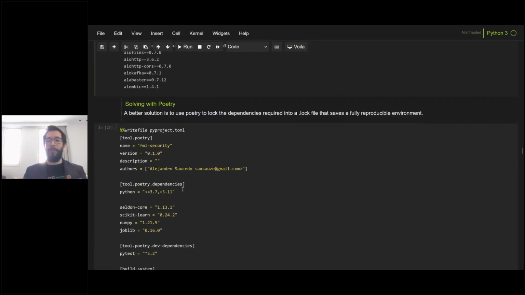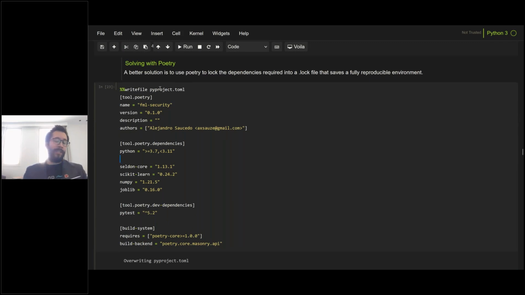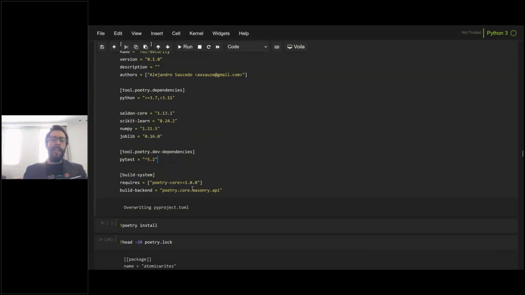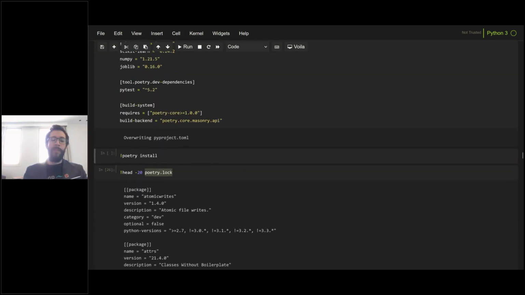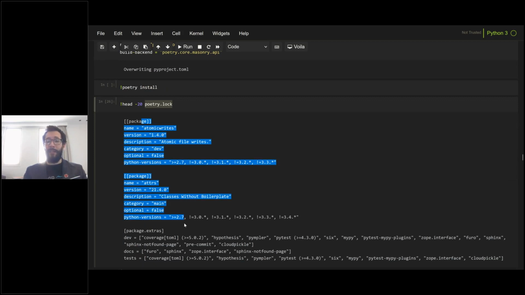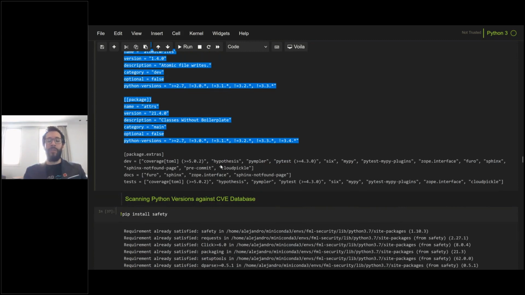A better practice is to use tools like Poetry, which allows you to manage your dependencies and generates a poetry.lock file. So whenever you run poetry install, what you have at the end is a file that contains all of your dependencies, right? Second level, third level, fourth level dependencies, that allow you to make sure all of those things are